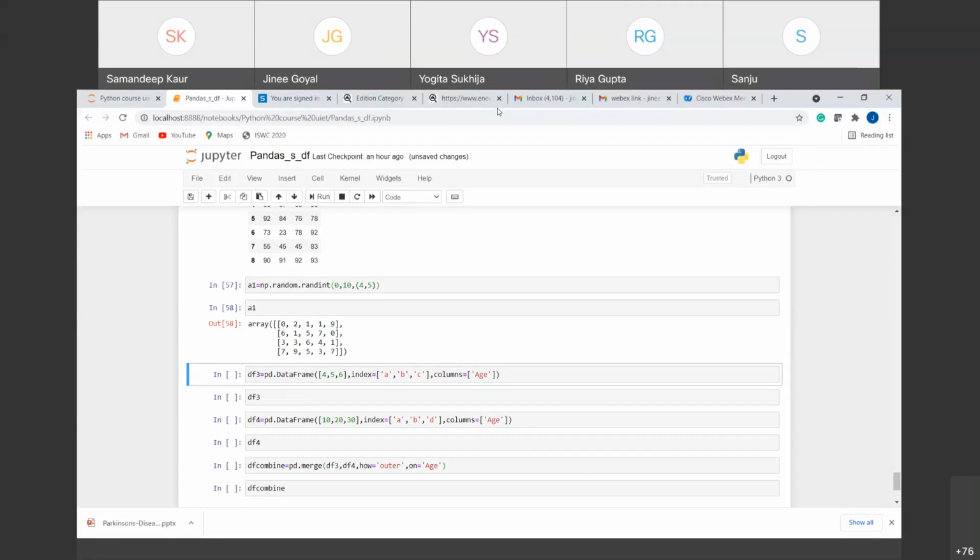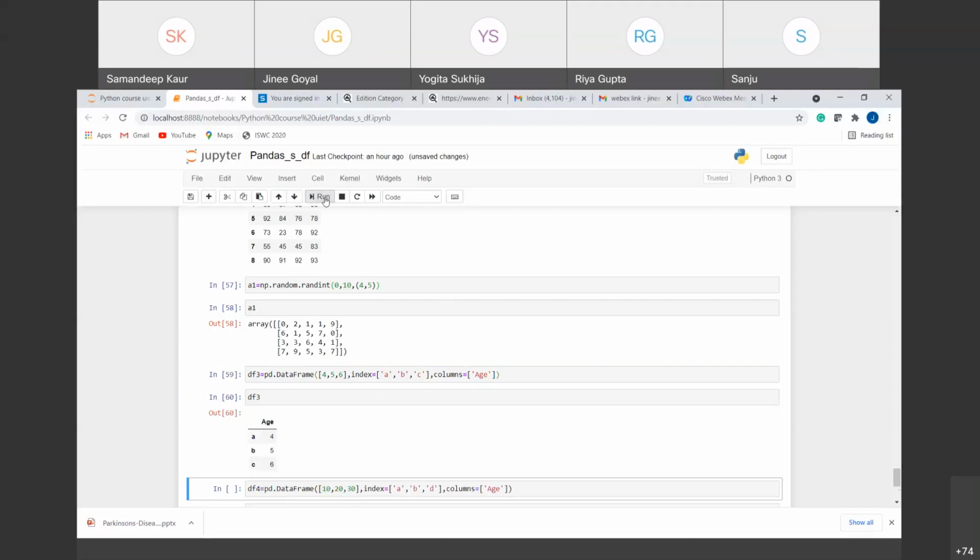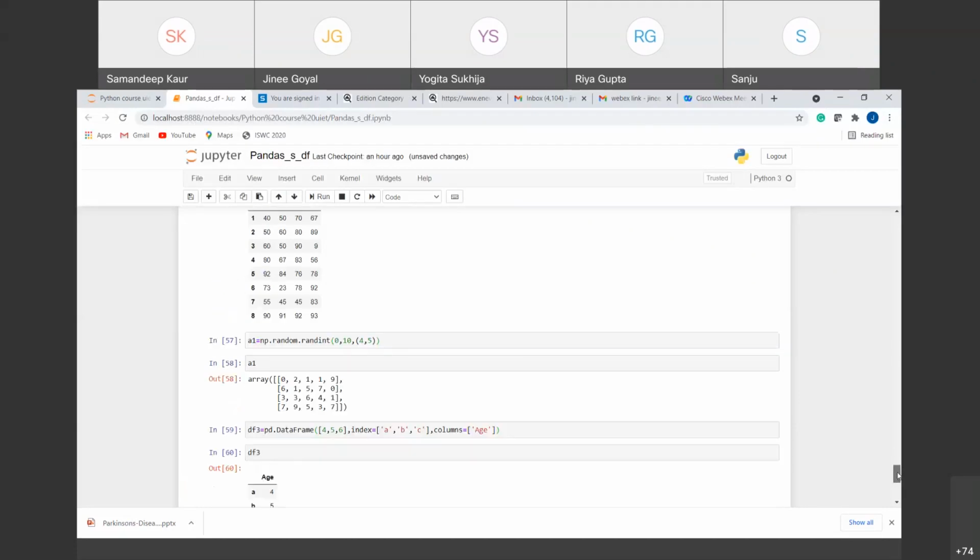So let's suppose I have two data frames, DF3 and DF4, right? In DF3, let me run this. You can see in DF3, I have 3 indexes A, B, and C, and 3 values associated with them: 4, 5, and 6. And I'm providing the column name here. Initially you could see that the column names were provided like here. Let me show you.